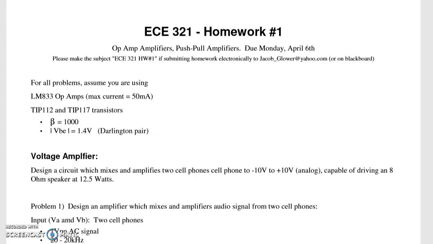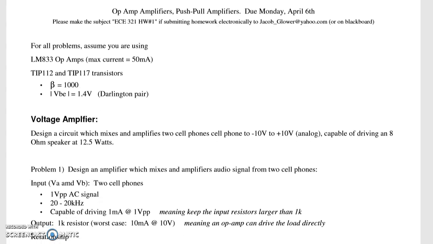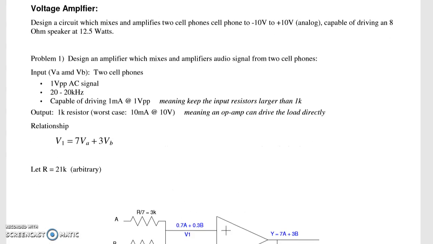These are the solutions to 321, homework set number 1. On the first problem, I want to build an amplifier and a mixer. I want to mix two signals together, A and B, so that the output is 7 times A plus 3